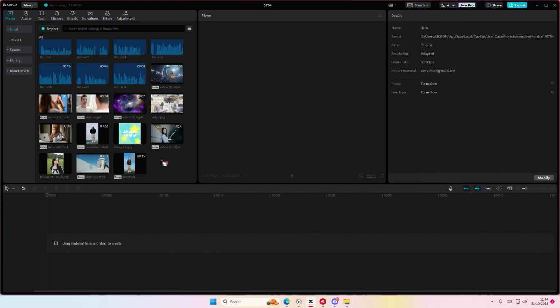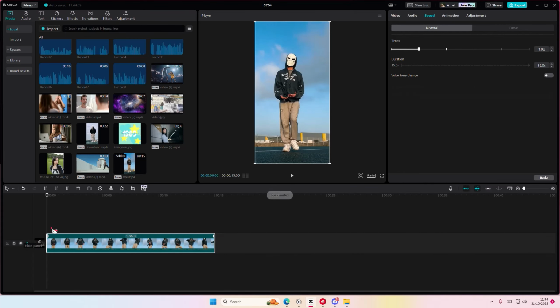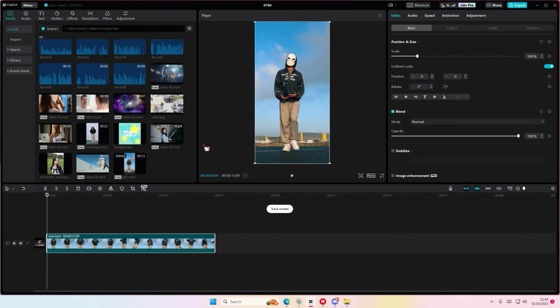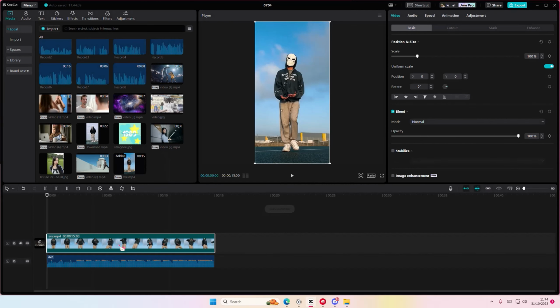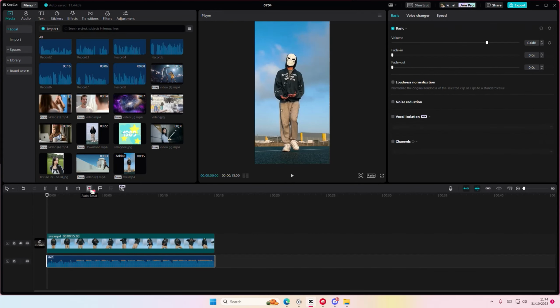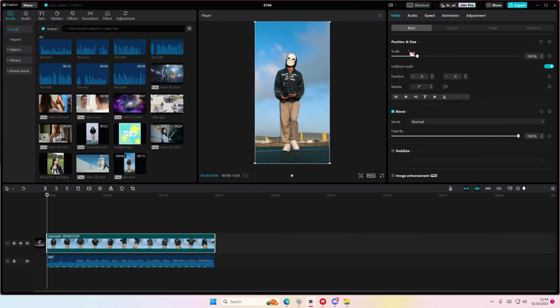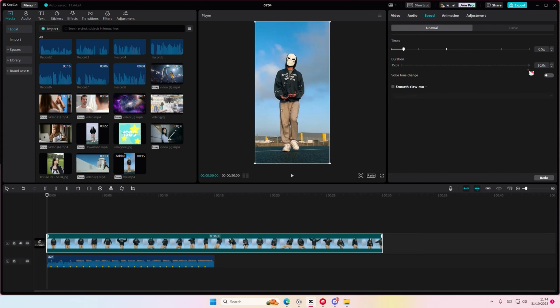In this video I'll be showing you guys how you can create this velocity video edit on CapCut PC, but like this colorful one. So add in your video, right click, extract audio, select your audio, select auto beats and select beats 2, select your video, go to speed and change it to 0.5x speed, add in smooth slow-mo and